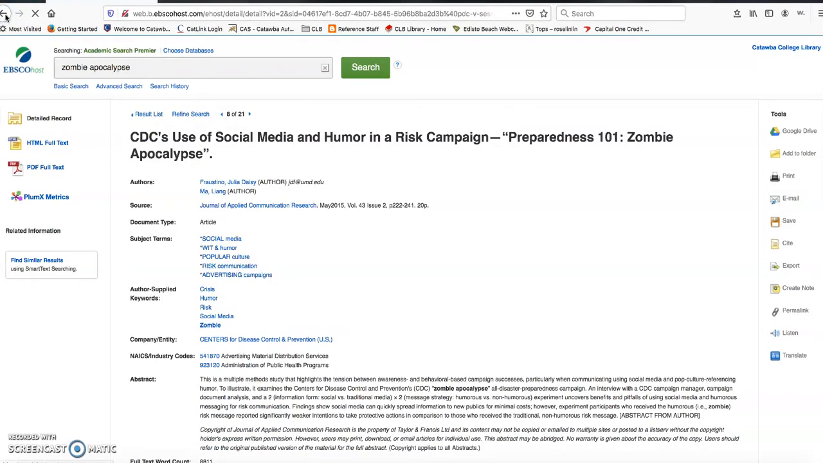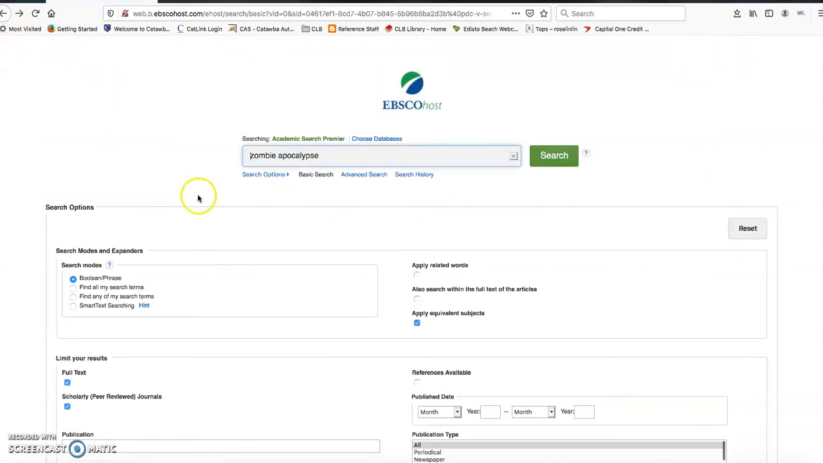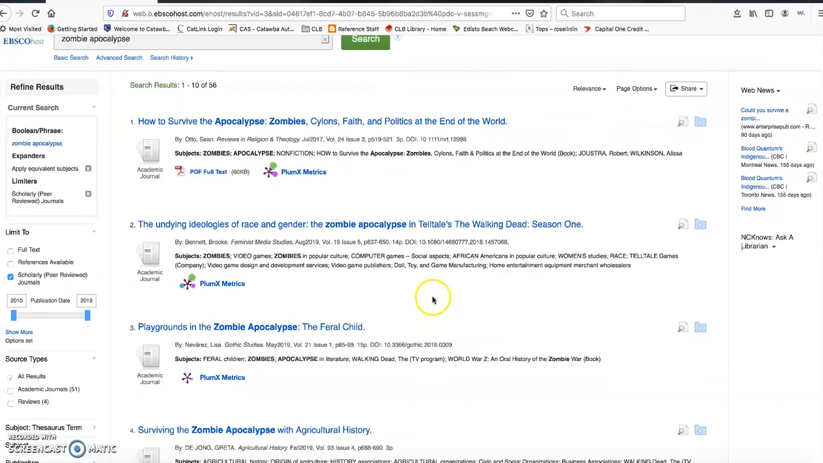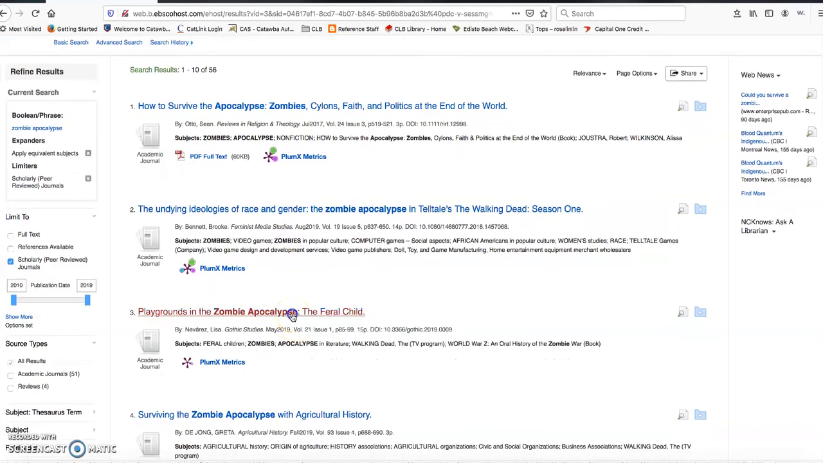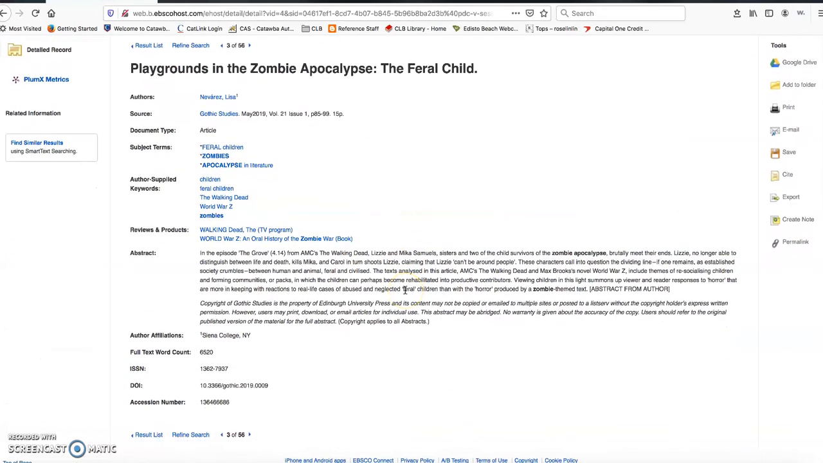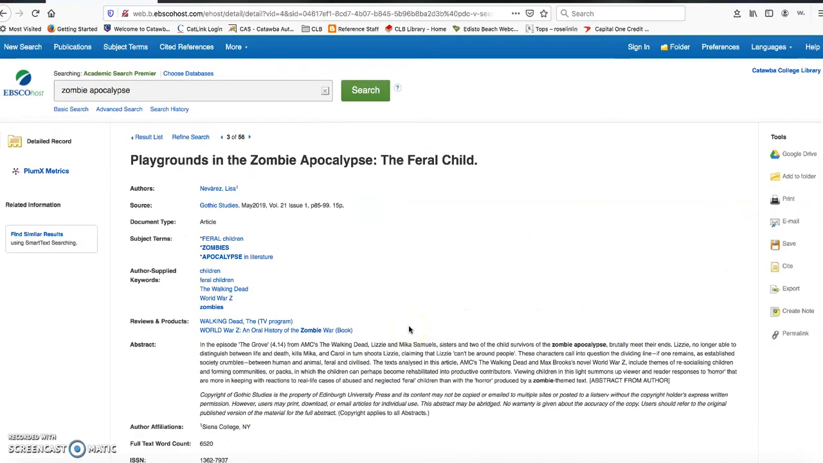Let's go back and take a look at our zombie apocalypse search. And this time I'm going to take the full text option off. So I've got 56 hits. You can see this first one has the full text, but then, playgrounds in the zombie apocalypse. Okay, this does not look like it has full text. So it doesn't. This article just has an abstract, which is a summary of the article. If this was an article that I thought that I needed, I can probably go in,